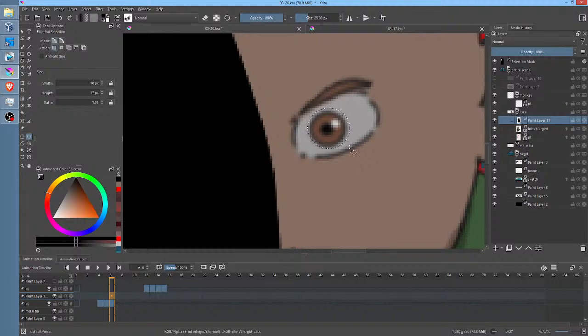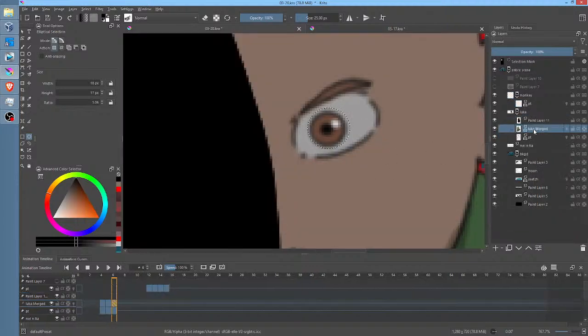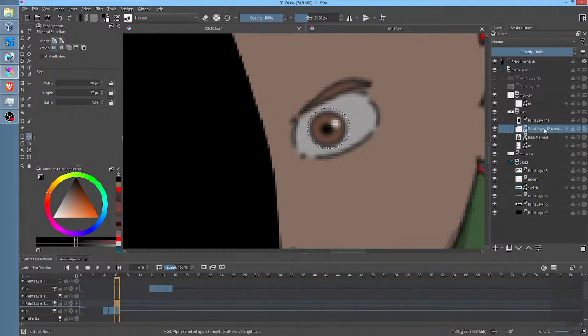Now, if I really want to make my life easier, I might as well go Control X, Control V. And then just for now, put his, and actually, let me check something. Yep, I knew it. Darn it. That's not what I meant to do. I had the wrong layer selected. So Control X, Control V. Okay. So now we put his eye in a different layer, and we can always bake it back down anytime we want, right?